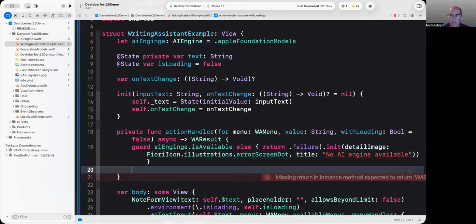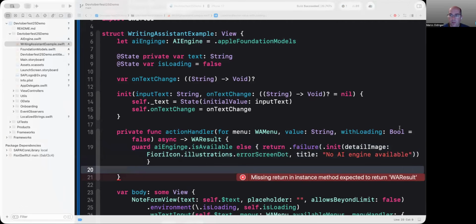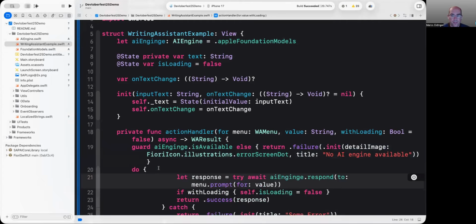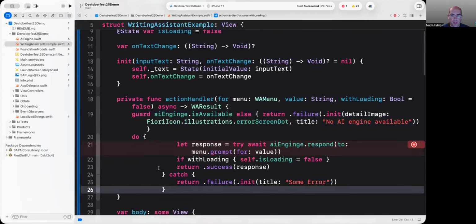And if so, then we will do a catch block, we will call the respond to function, and let's have also another extension on